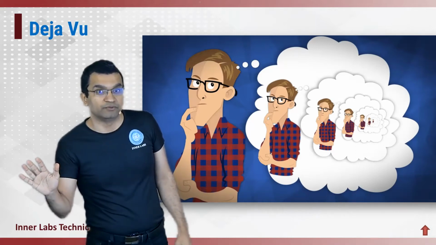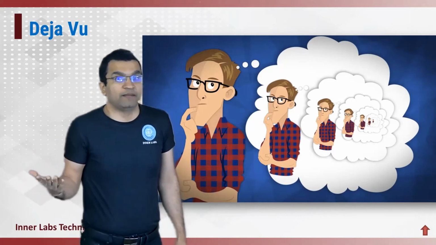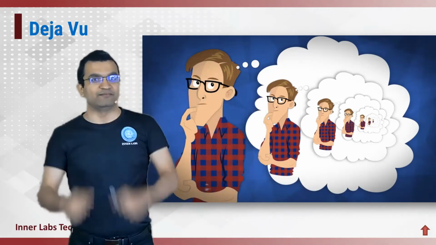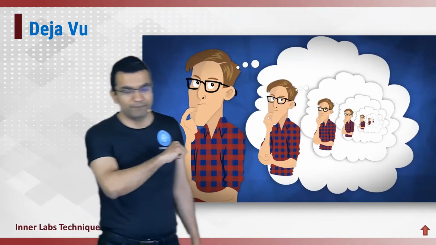It's not real. You have not been in that situation before. We cannot time travel. We cannot go back in time. We cannot go forward in time. We are stuck in this time. Time is just going straight down, down. You can't change that. Then what is deja vu? Let's look at it, okay?